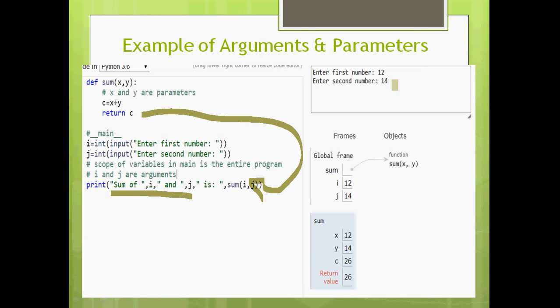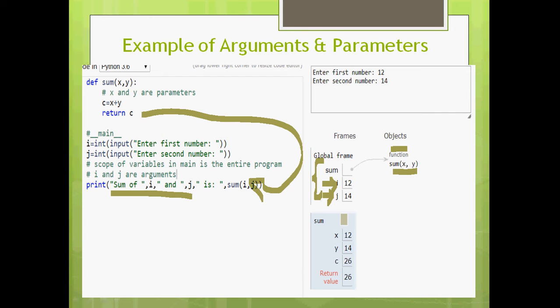The first number the user entered is 12 and the second number is 14, and these are stored in i and j. i and j are actual arguments, and they are in the global frame. And sum is a function, so the function has been created here.